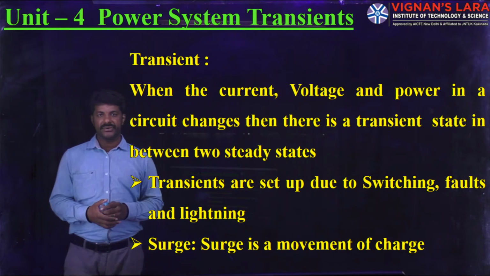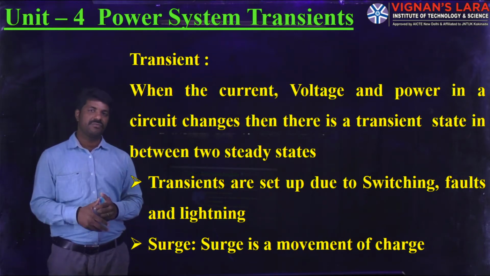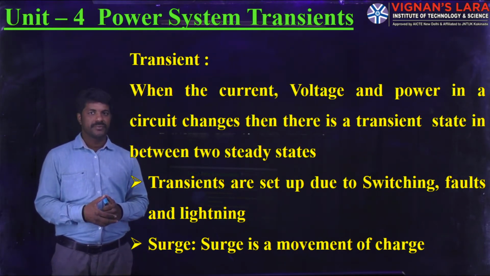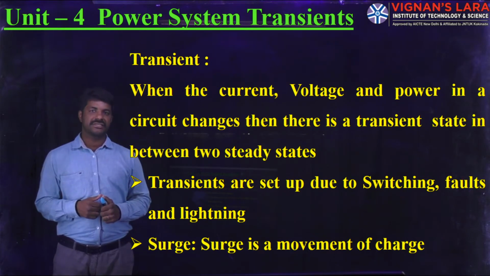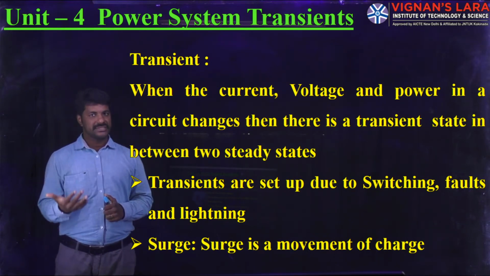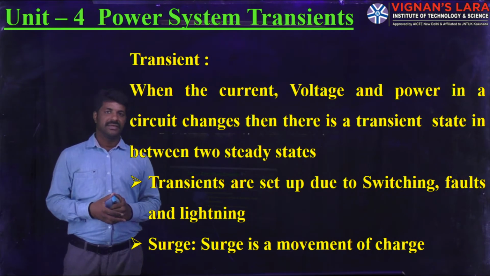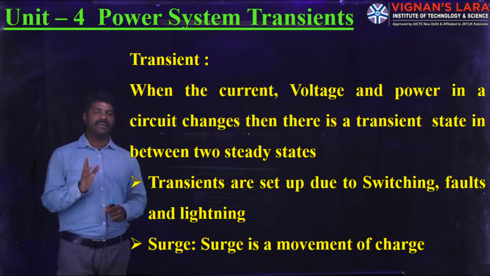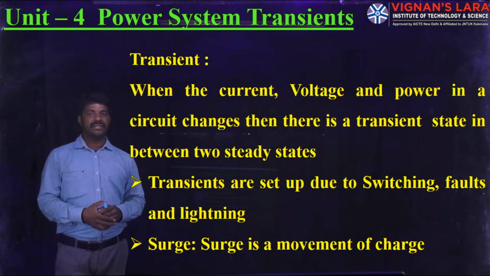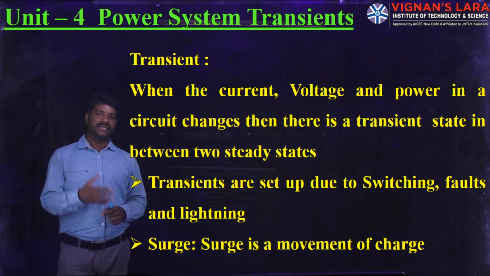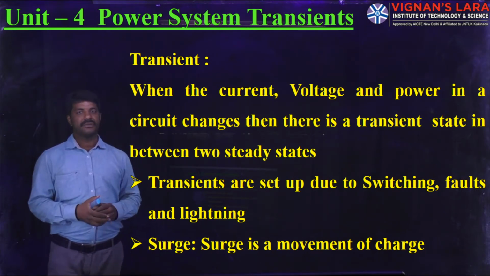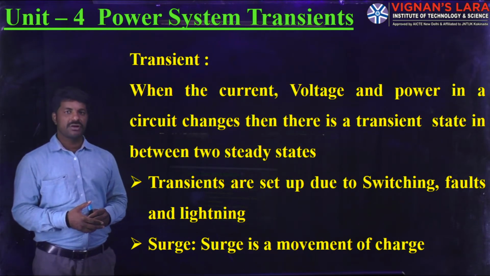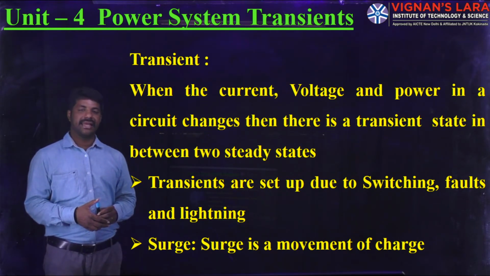And in the third unit, we went for the calculation of the long transmission line to find out the ABCD constants and also to find out efficiency and regulation. In the long transmission line, because of the distributed elements in nature, we went for the rigorous solution method. After identifying the ABCD constants of that long transmission line, we went on to the evaluation of those ABCD constants using the complex angle method and real angle methods.